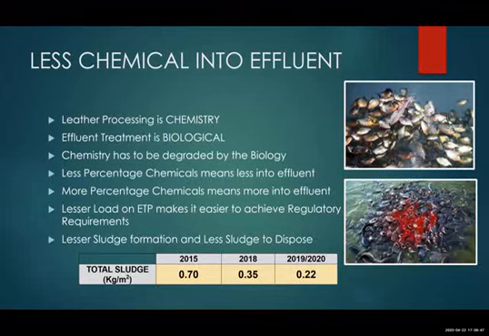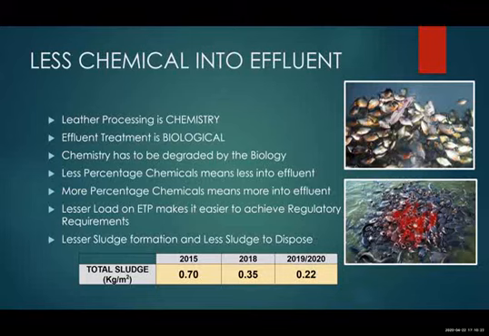So the chain reaction I talked about is like this. The shorter process means fewer, more selective quality chemicals, which definitely will lead to good leather, which is what everybody wants. And of course, less chemicals means less money and less load to the pollution plant. When there is less load in the pollution plant, the spending of money in the pollution plant also comes down. So we save on chemicals and we save on the ETP.